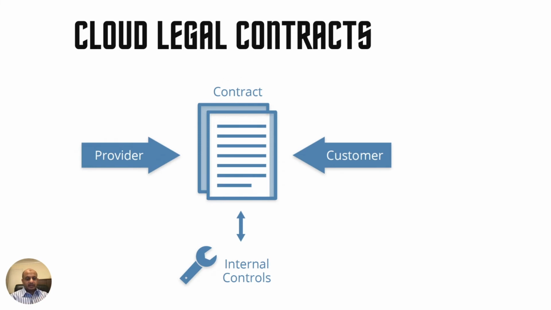So moving on, when you talk about cloud security, another very, very important thing is cloud legal contracts. You're extending your data to another party, right? How will you know they will do as they have committed, like they've said, I'm going to do this security? The primary tool of governance between you and the cloud provider is the contract, whether it's public cloud or private cloud. The contract is your only guarantee that the commitment which the cloud provider has made, they're going to be doing it. Otherwise, it becomes a breach of contract, which then becomes a legal issue, and then you can call your legal team to make sure they enforce this.